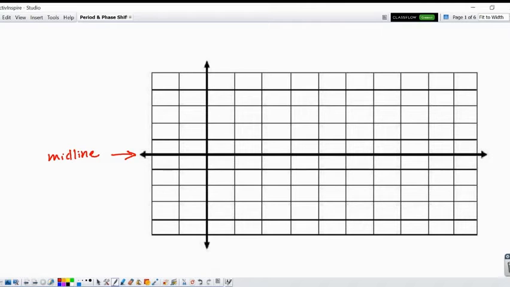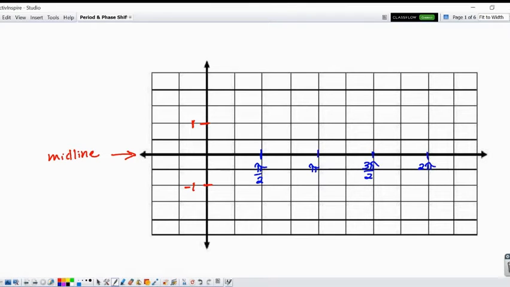Our amplitude is 1, so I'm going to go ahead and mark the y-axis. Our graph will go up to 1 and down to -1. I just made each of those worth 2 boxes, just be consistent. And now, before we graph, we're going to mark the x-axis with the idea of that unit. And it said that we should put a mark every pi over 2. So we have the space here. I'm going to make each 2 boxes worth pi over 2. So we'd go pi over 2, pi, 3 pi over 2, all the way to 2 pi,